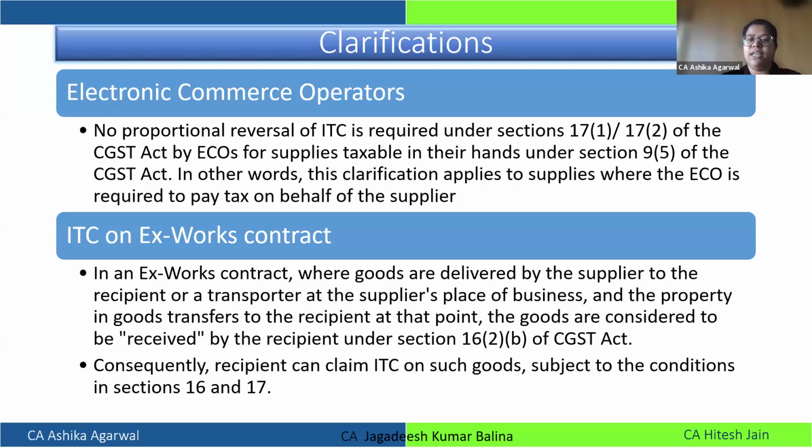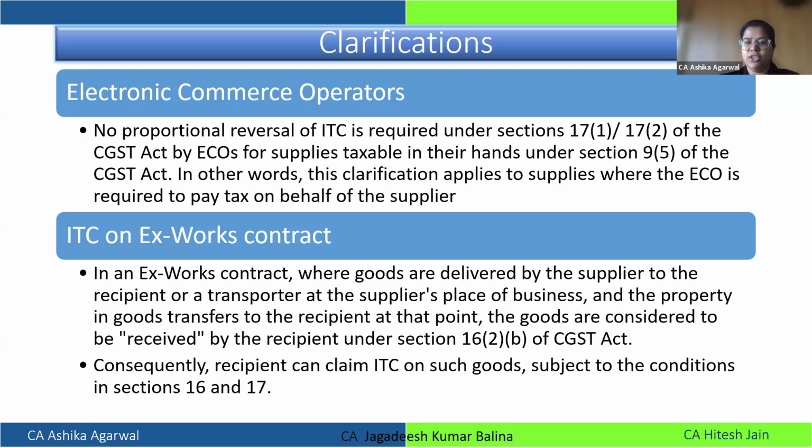Now they have given this clarification, which is actually in line with the law, because this is not a supply of the e-commerce operator, and the tax on this supply needs to be paid in cash. The e-commerce operator cannot use ITC for payment of this liability. As they are paying in cash, no ITC also accrues on account of this. Therefore, no reversal is required in terms of section 17(1) or (2), that is, rules 42 and 43. So that's the clarification they have provided, and it is a welcome clarification, in line with the concept that it does not belong to their supply.